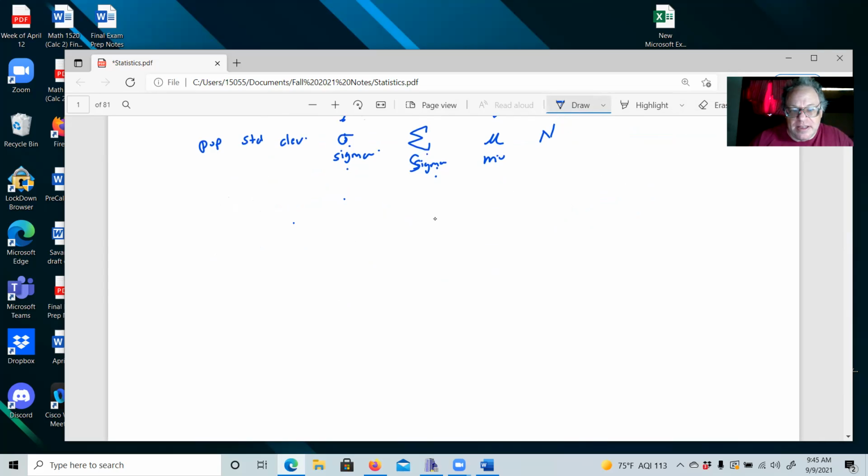So we're going to say sigma equals. We're going to take each observation, x sub i, where the i just means 1, 2, or 3: the first observation, the second observation, the third observation. What was the high temperature in June on the first day? On the second day? That's what these numbers are: the first, second, third, fourth, fifth, dot, dot, dot. Minus the average. Then we're going to square those numbers, add them up, and divide by the total. And then we're going to take the square root of the whole thing.